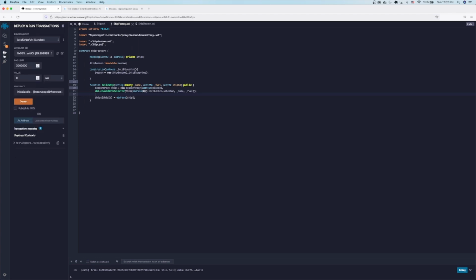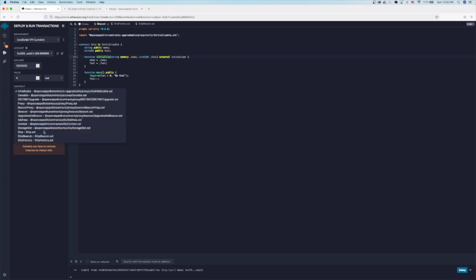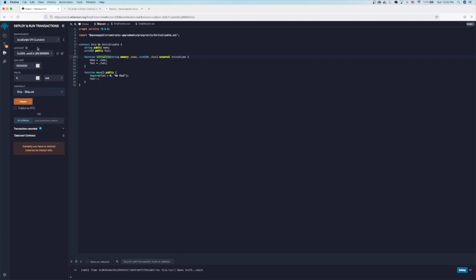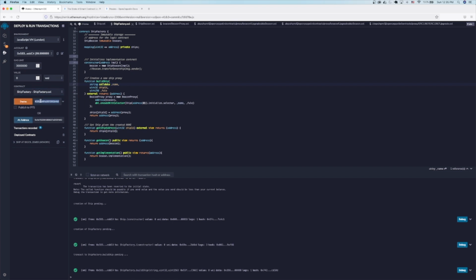So let's go ahead and, again, clear up our workspace and delete any smart contracts that you have. First things first, we need to deploy a ship to use it as a blueprint. So let's choose ship, and again, I'm using the JavaScript VM. You can use Ganache or whatever testnet should work. Let's hit deploy. It's giving us a ship here, and we can get the address that it lives at. Let's select ship factory and paste the address,